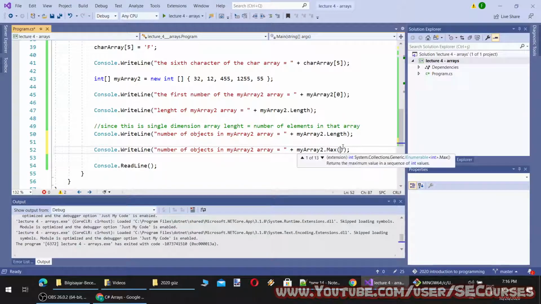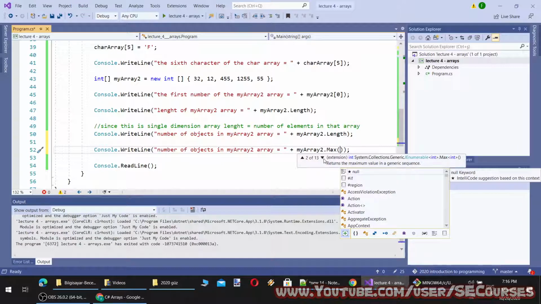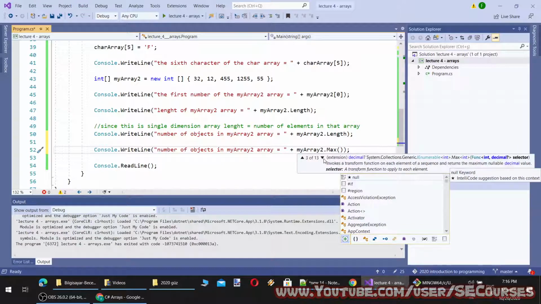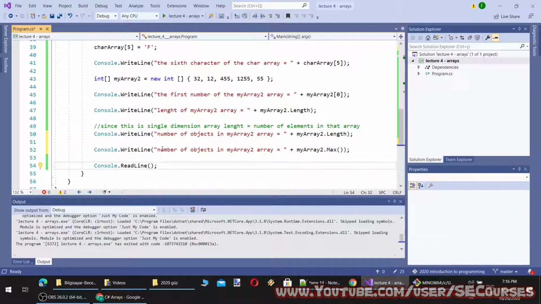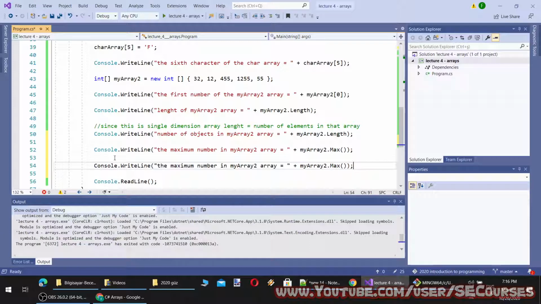There are also some inputs. For example, I can provide a comparison function. I'm just going to say max in my array 2 and the minimum.